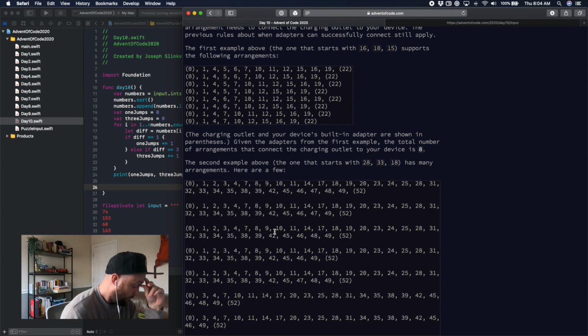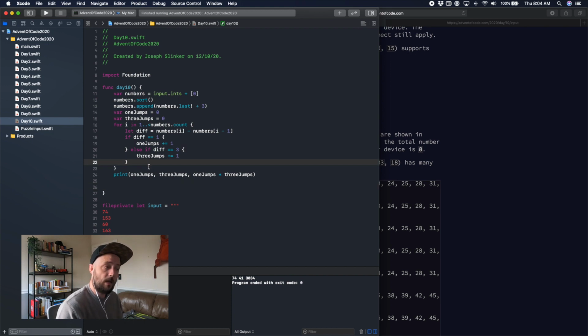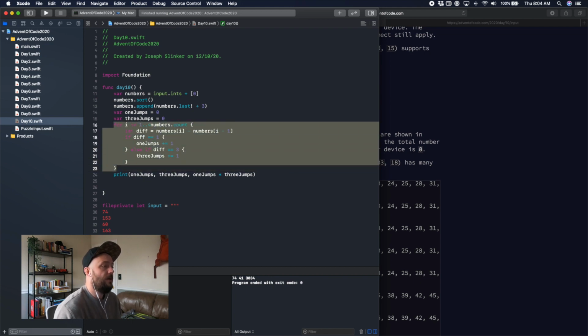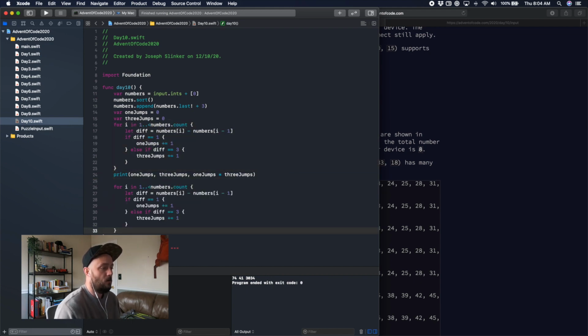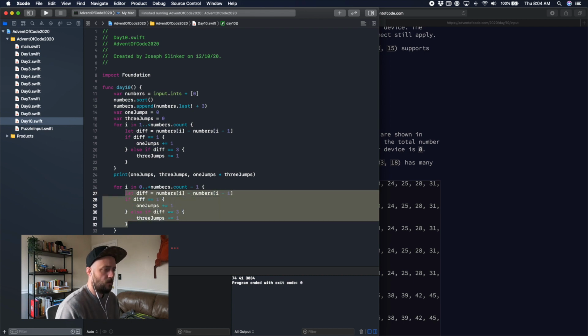So, what we want to do is we want to basically do the same thing we did. We want basically the same thing, but I'm going to do looking ahead instead of looking backwards, just because mentally I think it's easier. And then we're not counting the diff. So what we want to do,